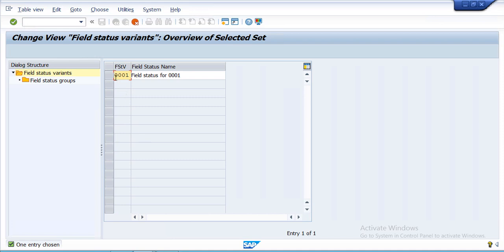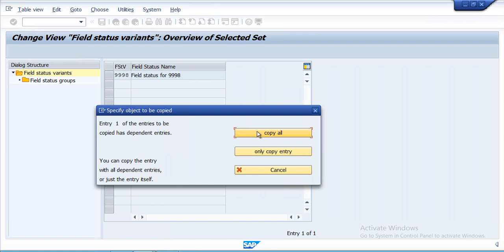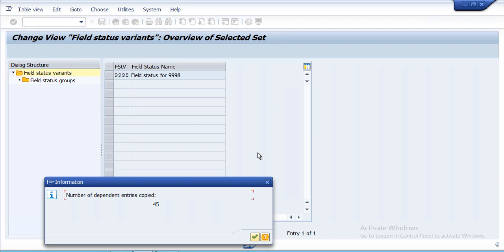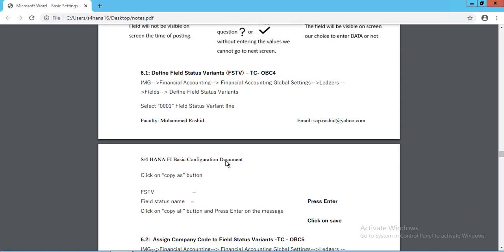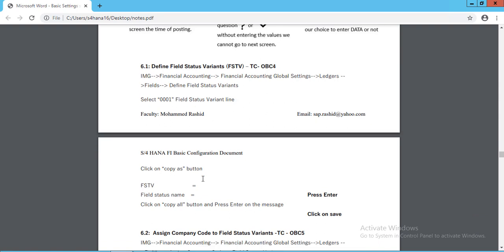Copy, copy all. So here click on field status variant, click on copy.